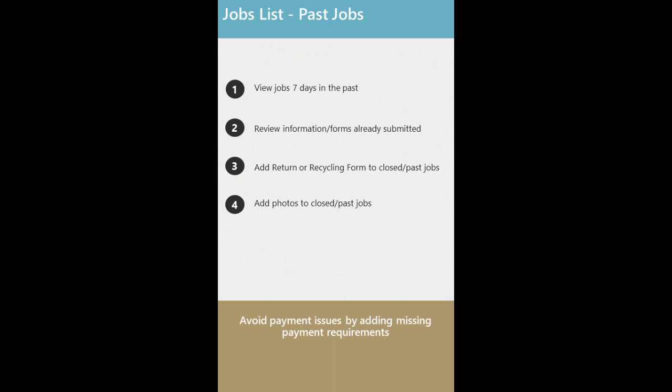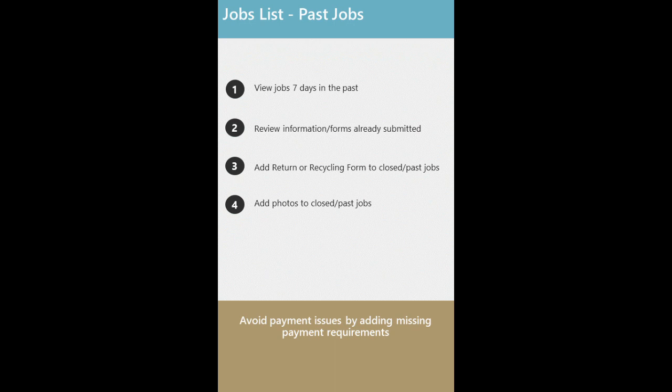Jobs scheduled for past dates are also available through the date selector at the top of the screen. The app will show jobs scheduled up to 7 days in the past. The servicers can review the job information and any forms or photos that were already submitted. The Forms If Applies section will be open and allow servicers to complete the return or recycling forms